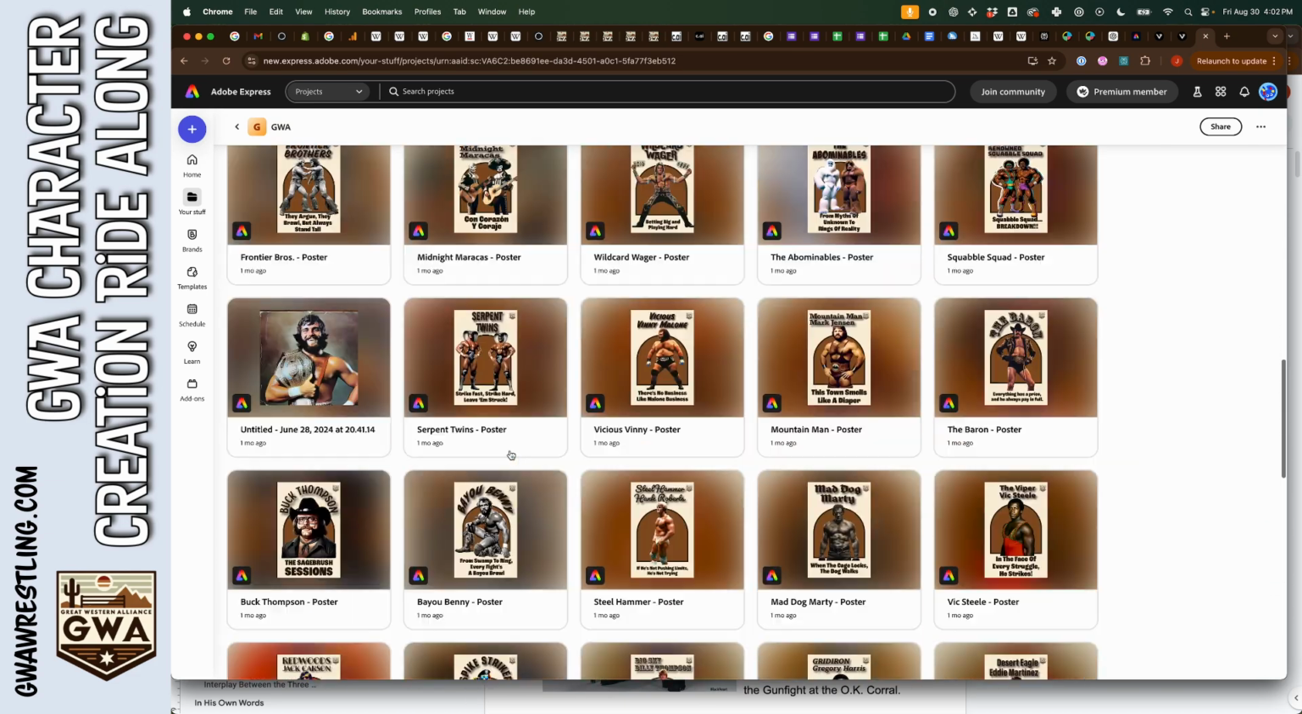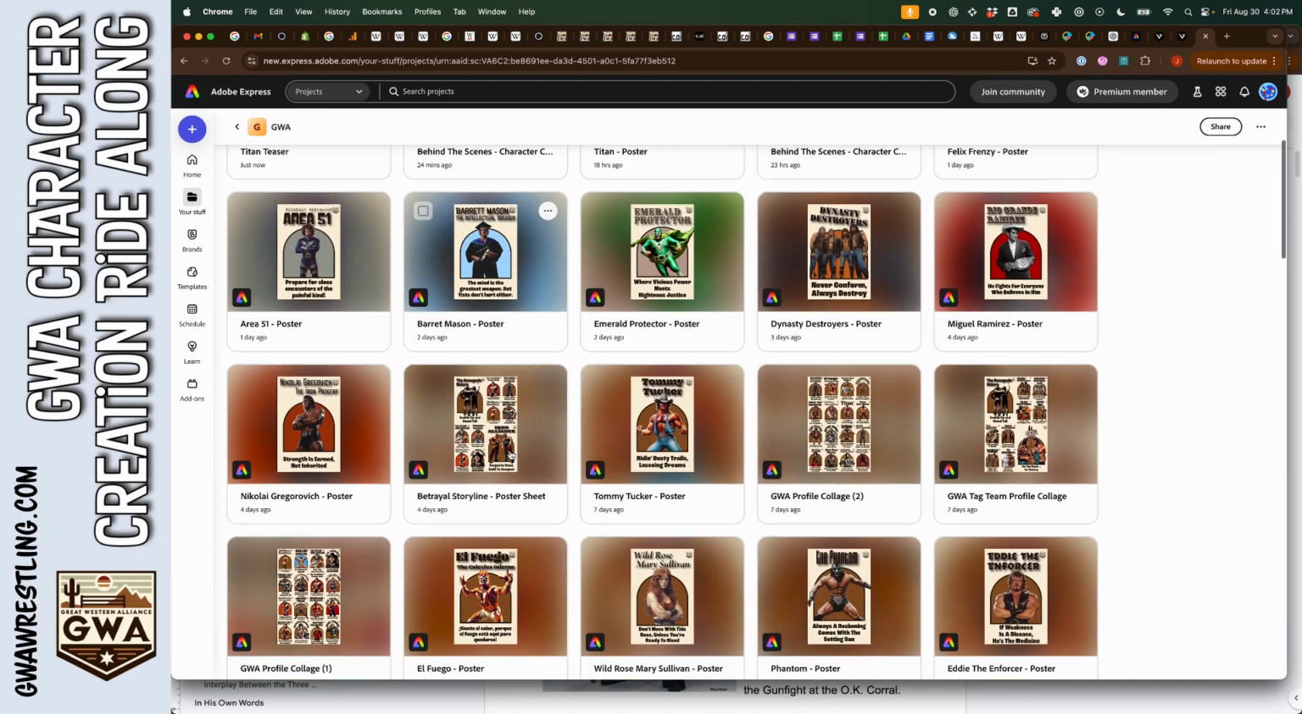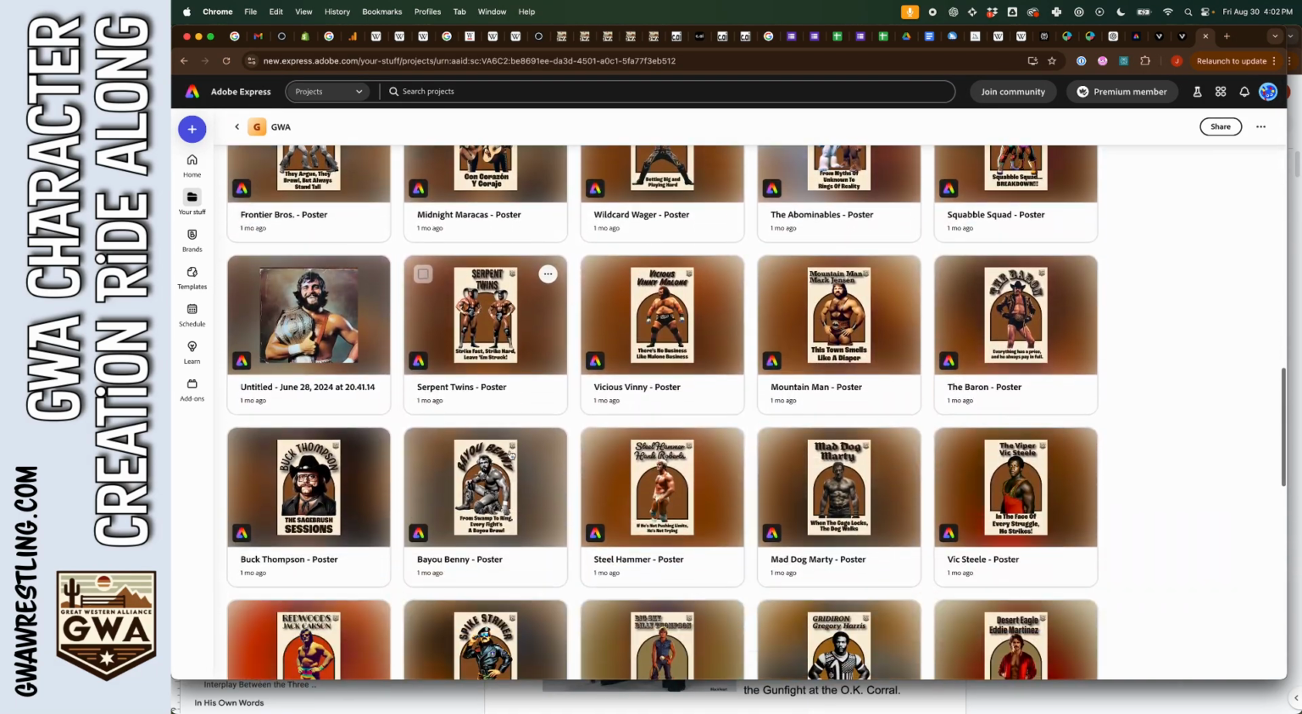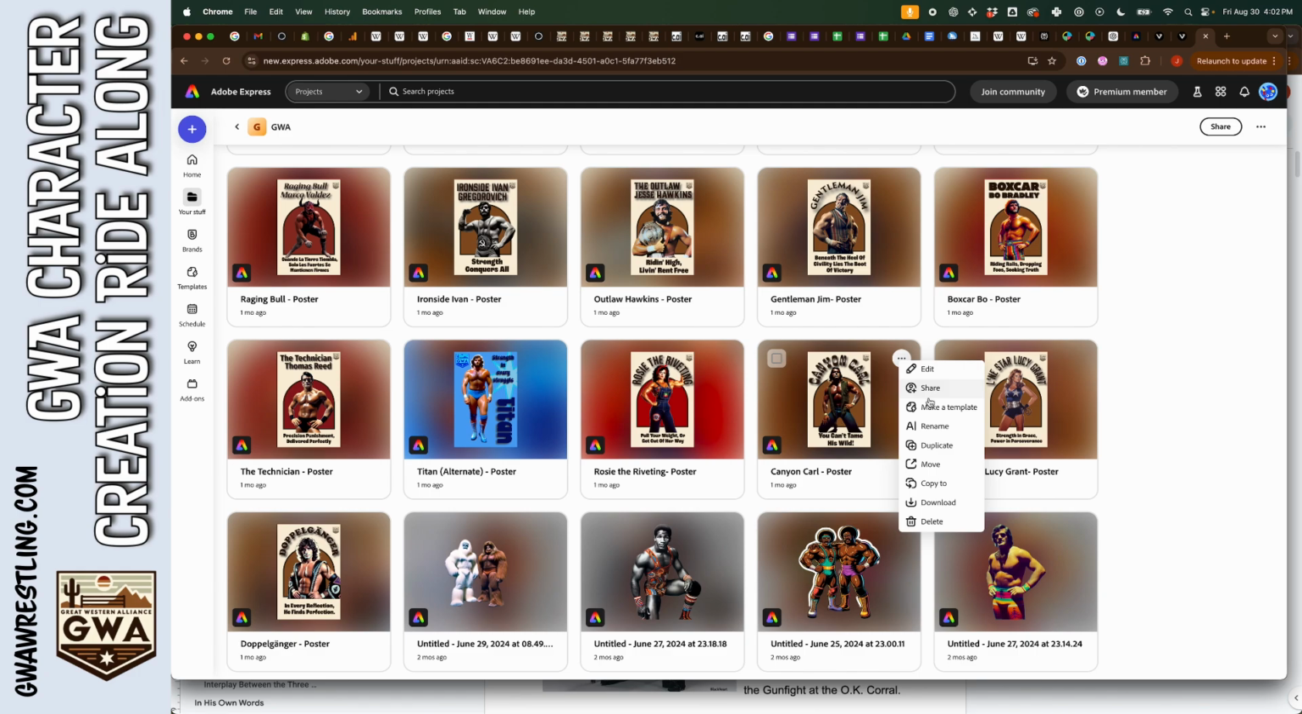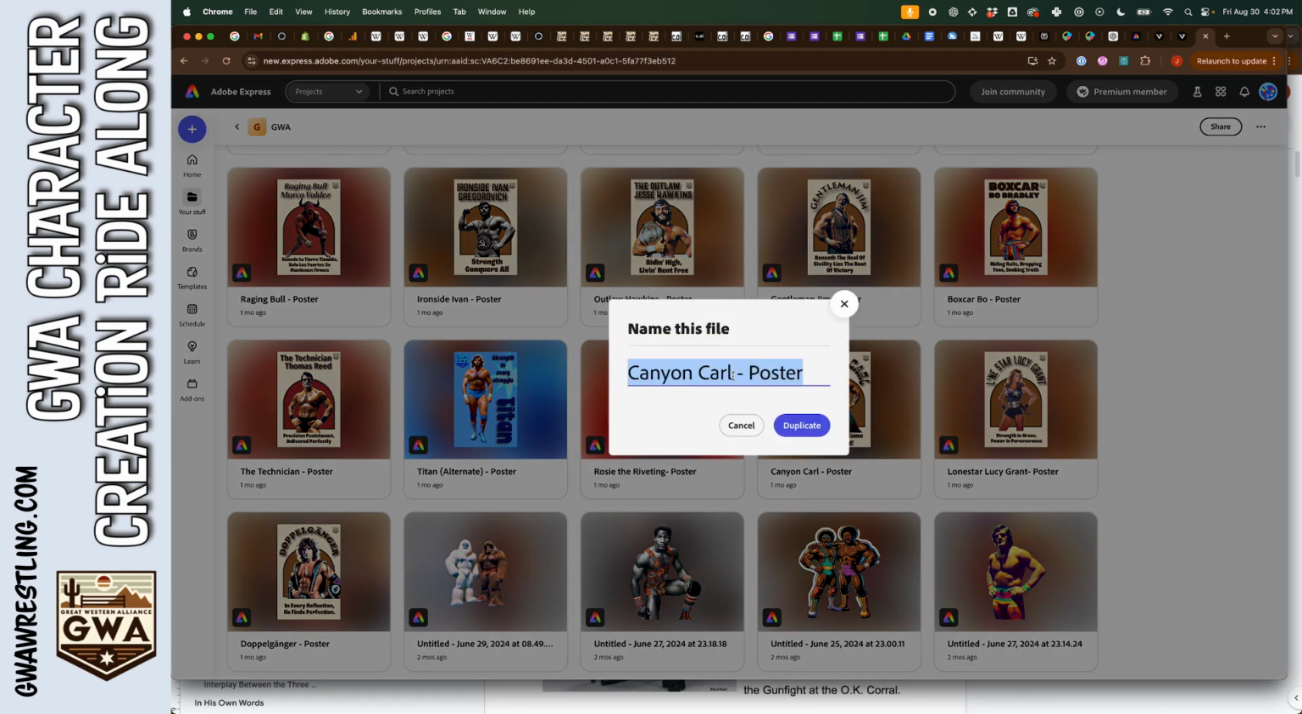And really it's kind of character reference for me. But I always start the same way. I always start by, just to get the same template, duplicating Canyon Carl Henderson. So this is going to be